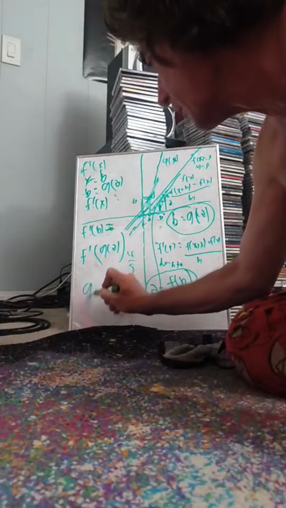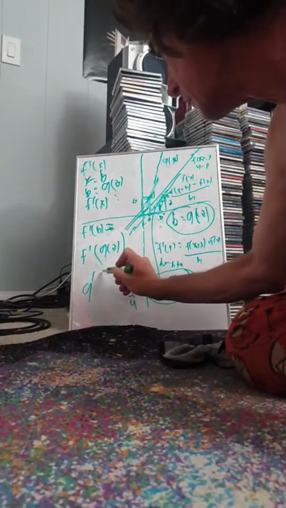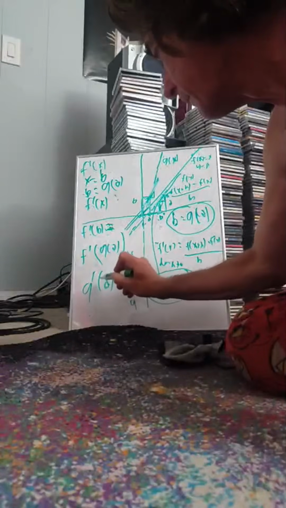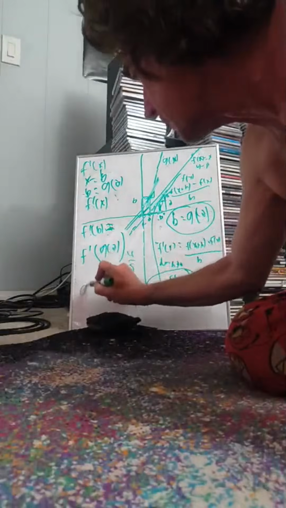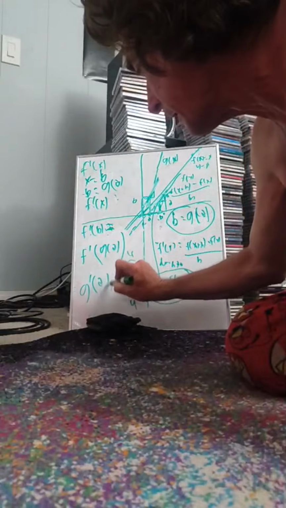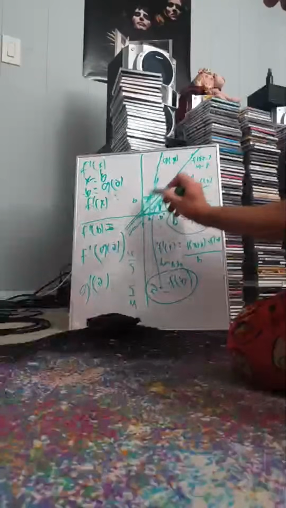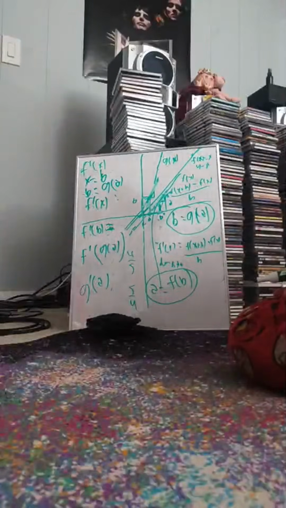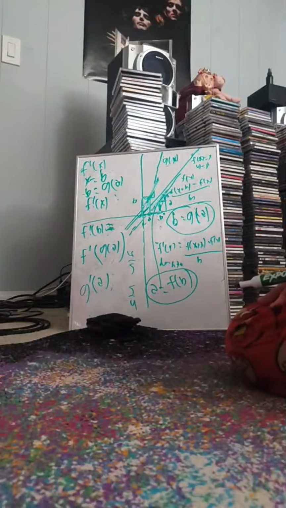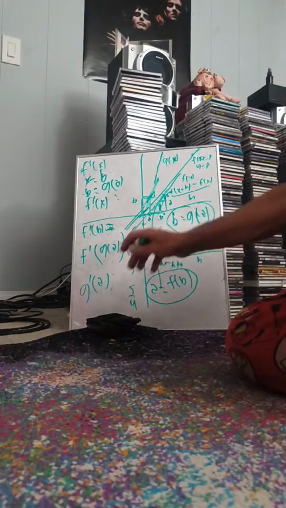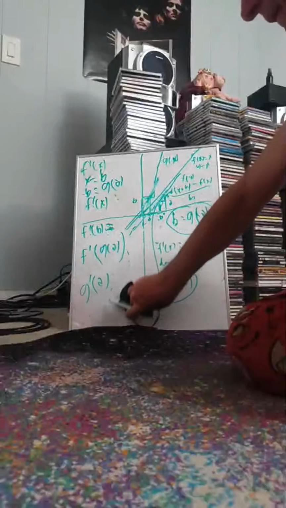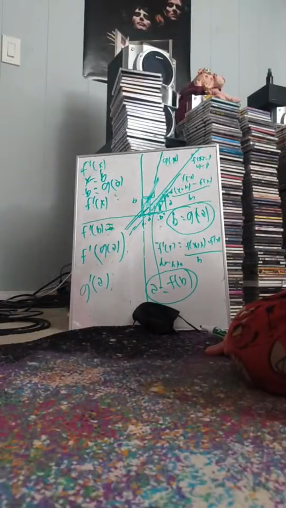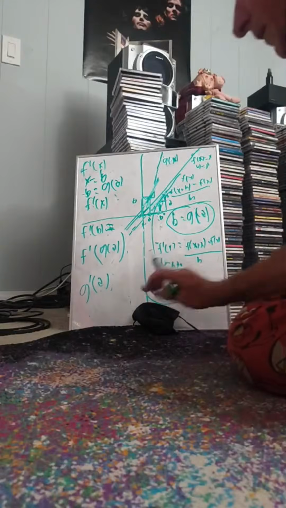g prime of a. That's this slope right here. And that's what I said is 4/5. Get that? But these are inverted. This is 1 over that, and that's 1 over this. So that means that I can write